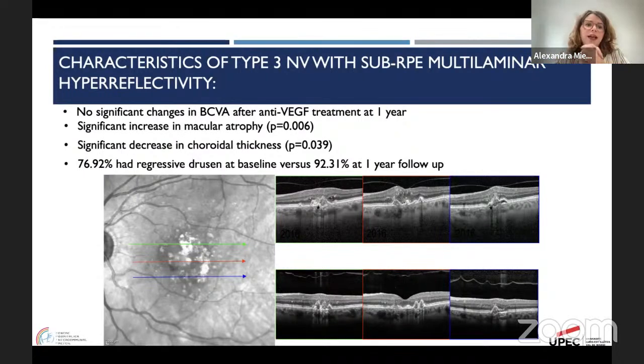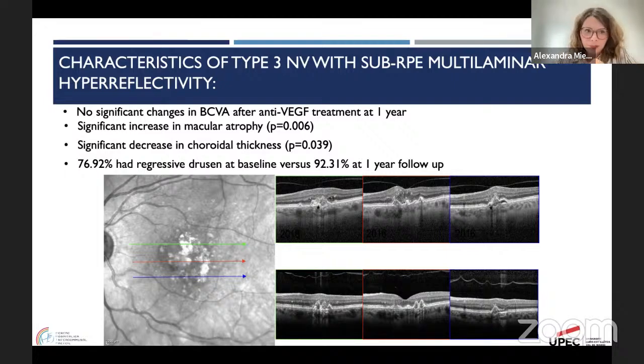So I wondered actually if the characteristics of type 3 macular neovascularization with sub-RPE multilaminar hyperreflectivity were different with regards to classical type 3 macular neovascularization. What I learned about type 3 with sub-RPE multilaminar hyperreflectivity was that there were no significant changes in BCVA after anti-VEGF treatment at 1 year, so no gain in visual acuity, with a significant increase of macular atrophy, significant decrease of choroidal thickness in these patients, and about 76%, 77% had regressive drusen at baseline